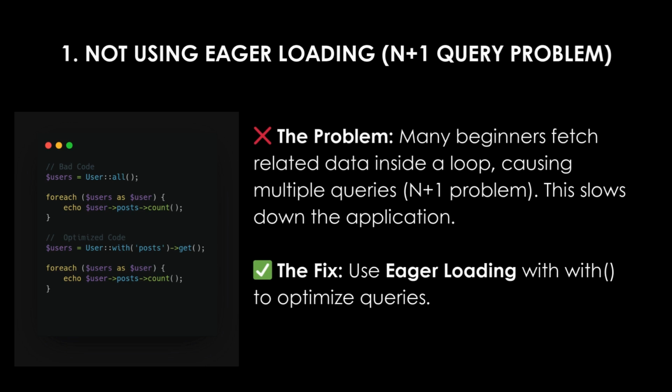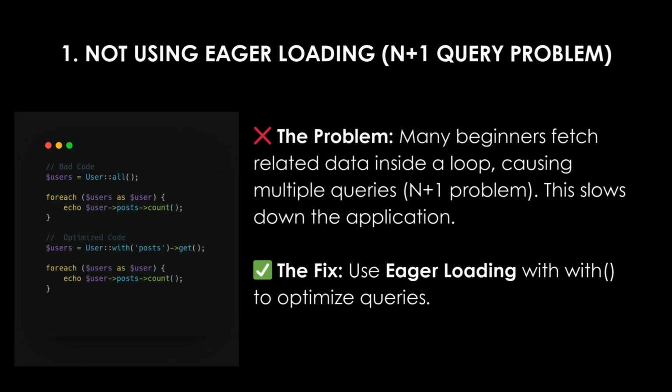So here's what's happening. Laravel runs one query to get the users and then one query to fetch each user's posts. So that is the N+1 issue: one query plus N more. So here is the first query, fetching each user's post count inside a foreach. The problem here is you fetch related data inside a loop, like getting the posts for each user. So Laravel ends up running a query for each single user. So that is the N+1 query. So it hurts your performance. The bad part is User::all, and inside the foreach you are trying to get the user's post count. So this is the bad part.